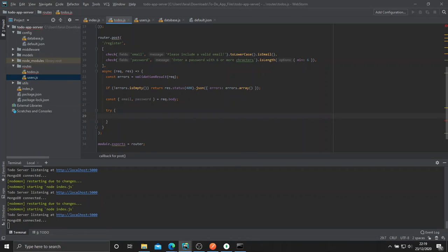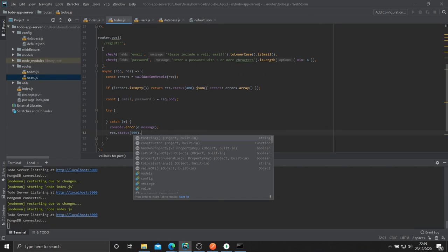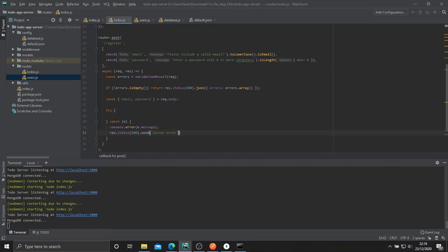So in our try, let's do that, and then add our catch real quick, and we'll just do console.error(e.message), and then res.status(500).send("Server error"). So inside of our try block, let's say let user equals await User.findOne, and it's going to try to find the email. So it'll say findOne email: email,